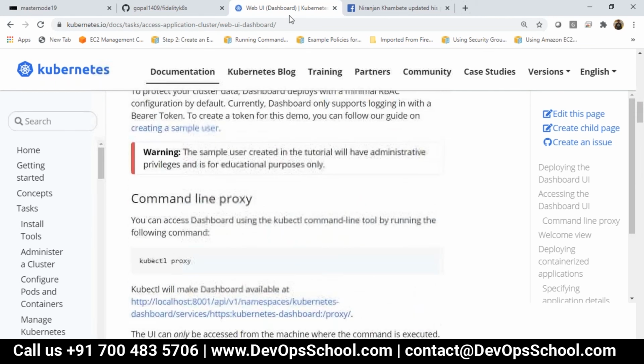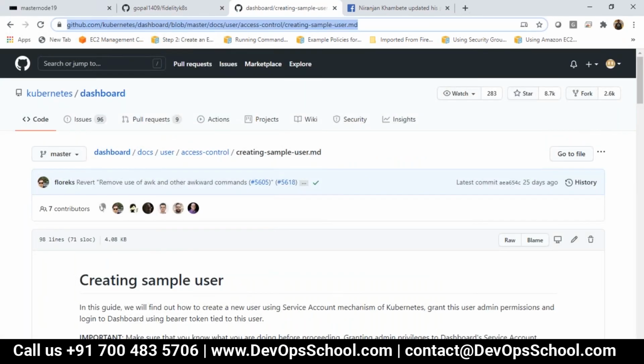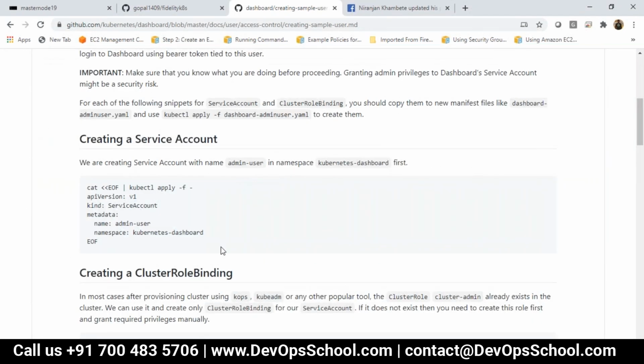Okay. Now to access that dashboard, you need to create a user. You have to go to this site and create the user. To create a user in Kubernetes, you need to define the API version, the kind, which should be ServiceAccount, the name of the user, and where you want to deploy this.